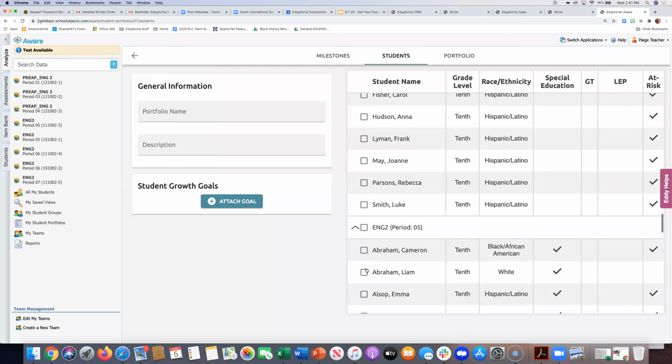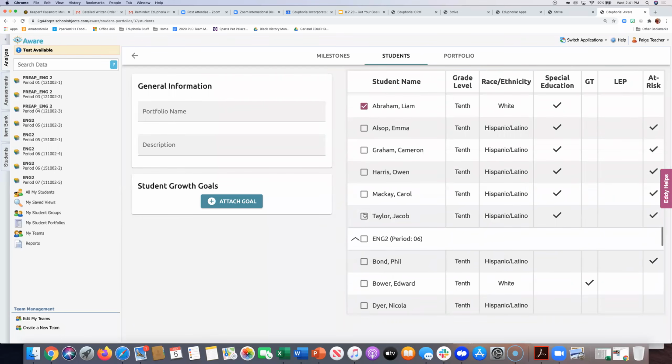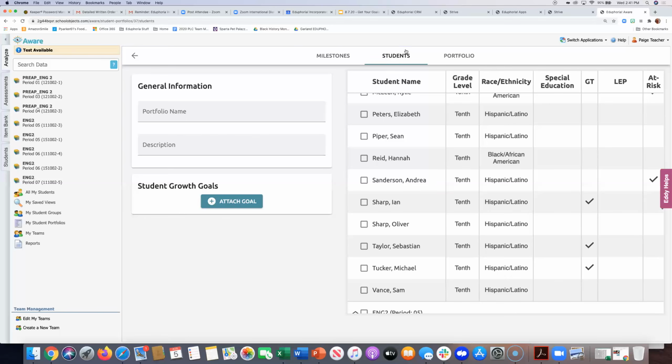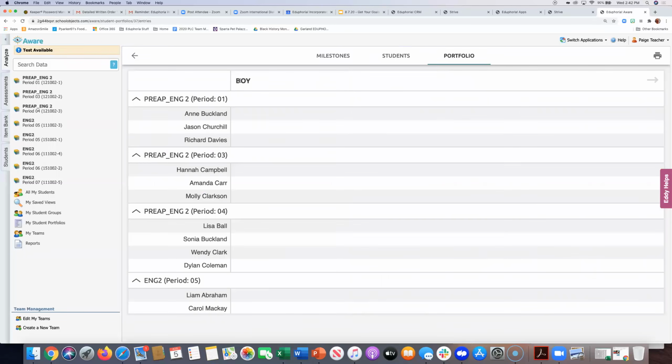I don't have to do everybody in every class, but I can pick, and that way I can mix it up between some of my demographic groups that I have there. So once I have selected my students, I can go and look at the portfolio itself. Right now I only have one. I didn't actually make my copies, so I only have one. If I had made my copies, I would also have a middle of the year and an end of the year. But I'm ready to do my beginning of the year now, so I can click on show and go in